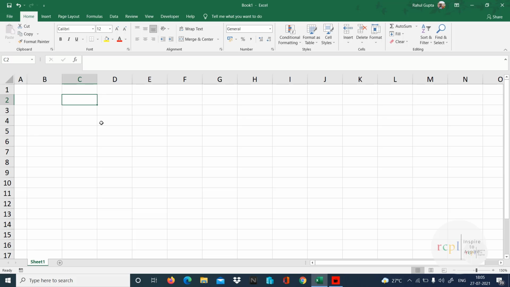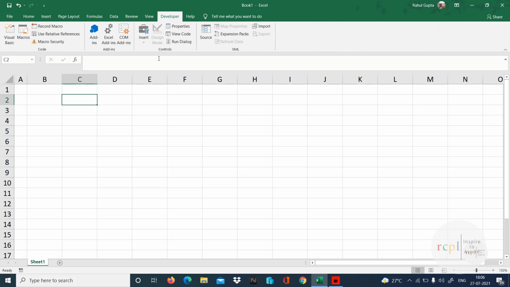So for the dynamic calendar, we are going to take input from the user in this particular cell. When they give the input, I want them to select from a button and then only we should get the input. So in that case, we must have the developer ribbon. This developer ribbon helps us in doing this part. So how to get this developer ribbon? First, we should know it.